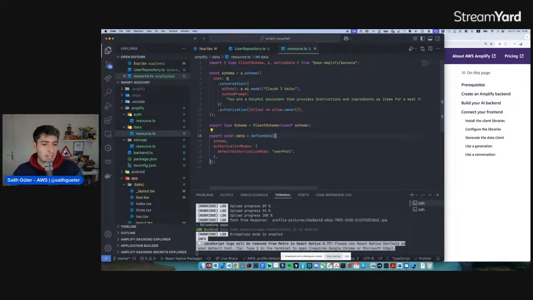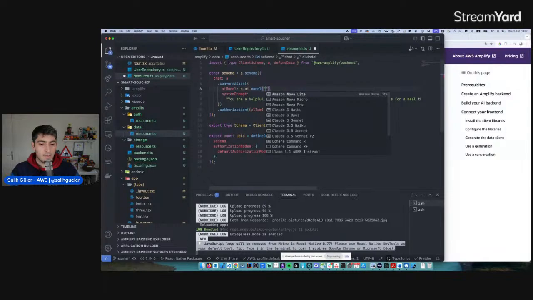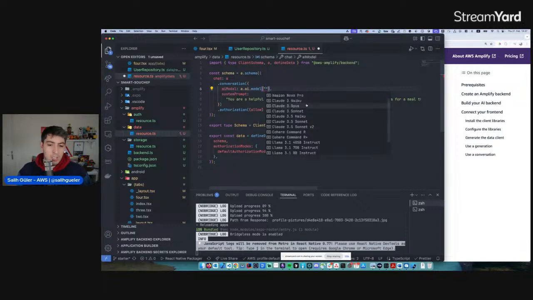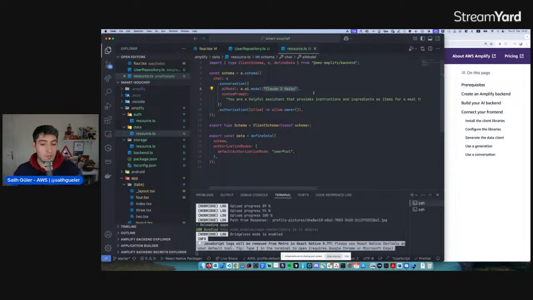For defining AI, here we said we will have a conversation and we define the model. You can define any model that you want. We have Amazon Nova, we have Claude 3, and many more of them. For example, I decided to use Claude 3 Haiku because I really like it. It's also cheap and